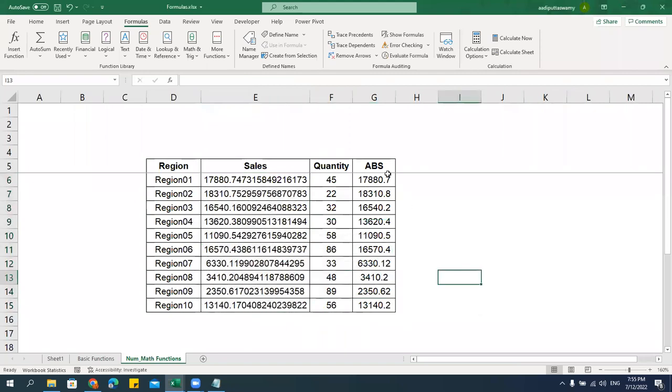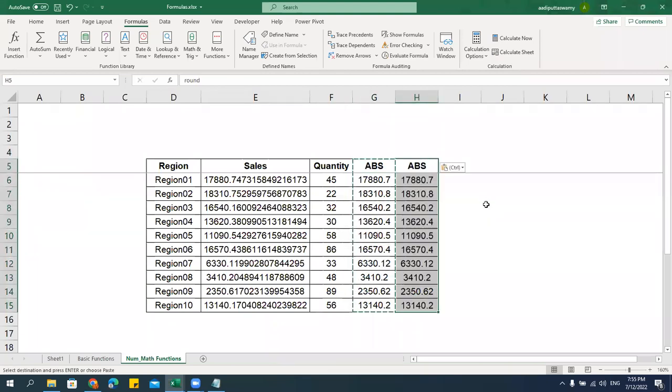Okay. Just check this. There are so many decimal numbers here. I just prepared one data where I have the decimal numbers here. I don't want so many decimal numbers here. So what I'll do, I'll say round. So what round will do, I'll tell you. Round function